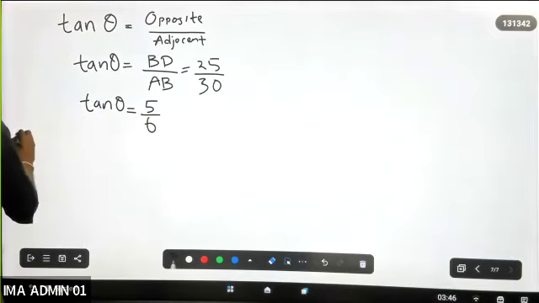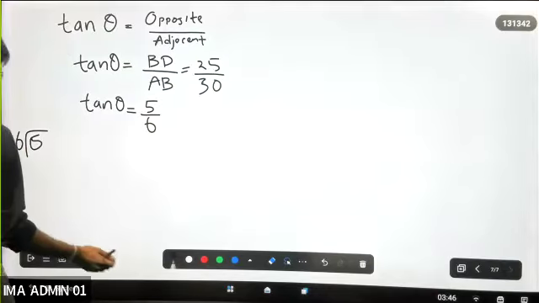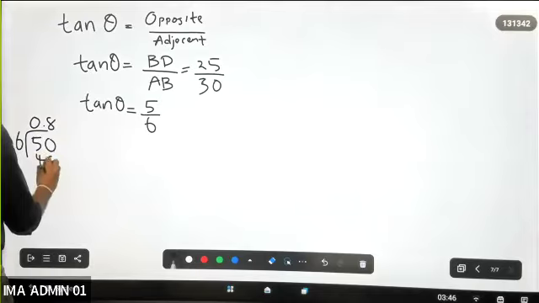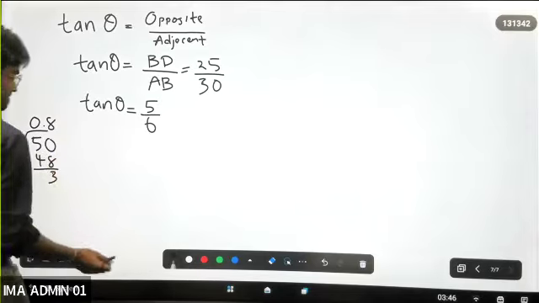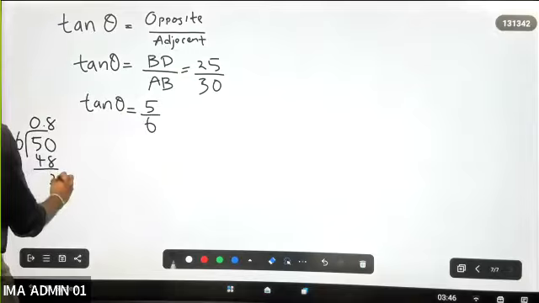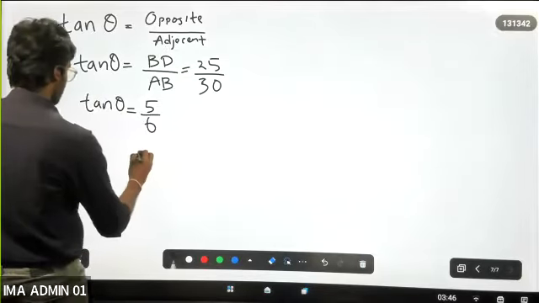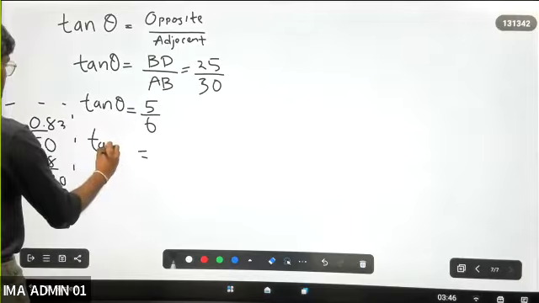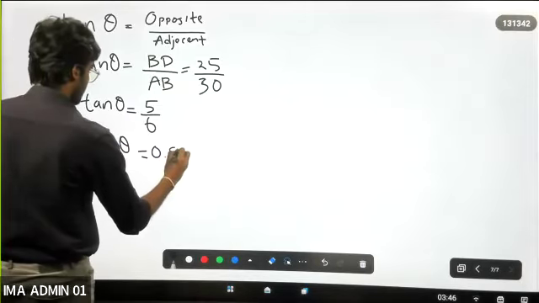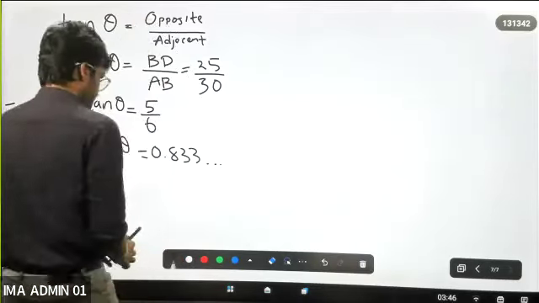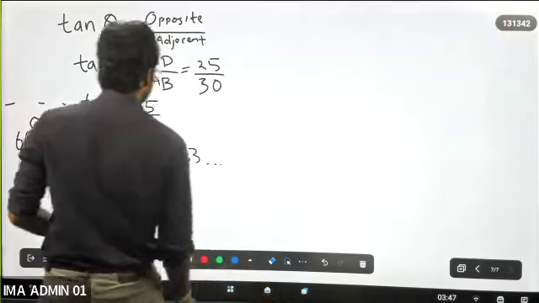So then we divide this 5 by 6 in another place, and theta will be equal to 0.833 kind of value. So I have to see whether